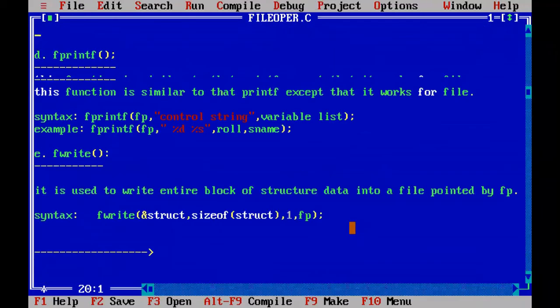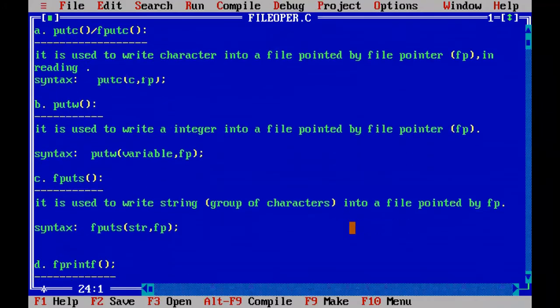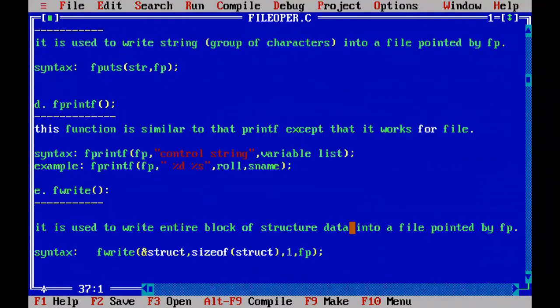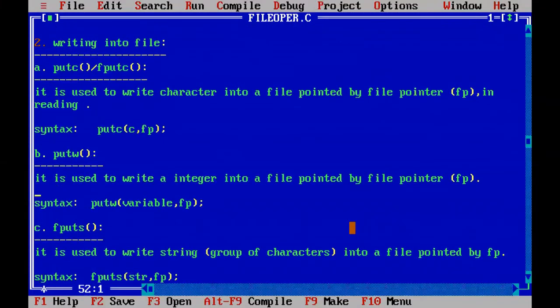Already we have discussed writing into a file. So A, B, C, D, E, all these functions are discussed. And the same data I copied here, I will modify into reading operations with small modifications. Here, instead of writing, you write down reading. So reading from a file. And here fputc and getc: fputc will turn into getc.